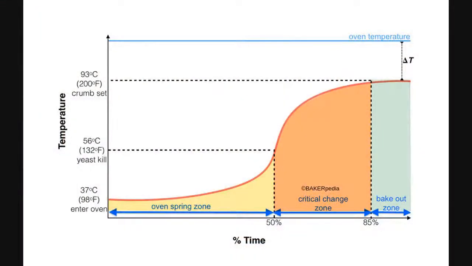What in the oven causes textural issues? If you look at the S curve, let's look at the